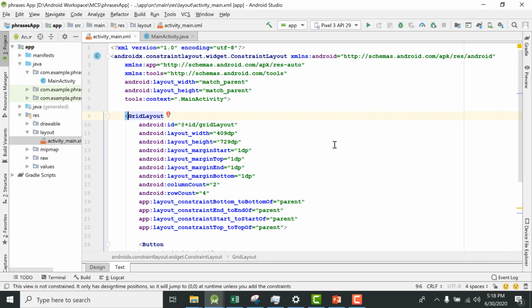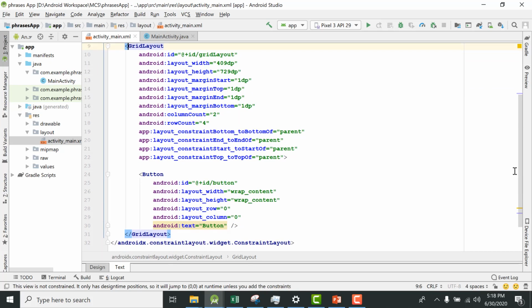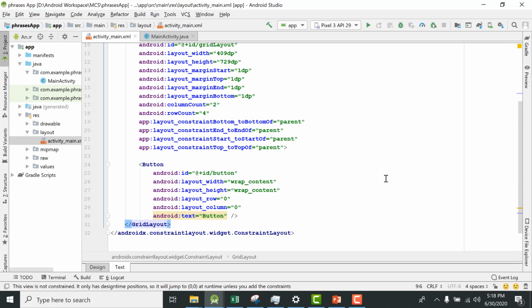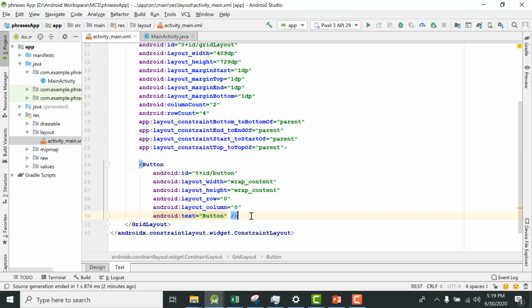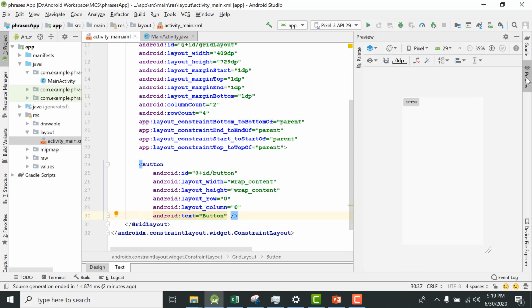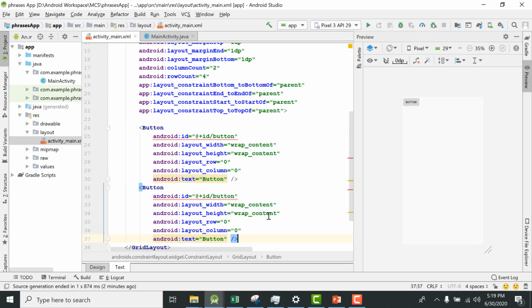Okay, so now that we have added a button, the next thing would be to add another button. So let me copy it. I'm just going to show you how the preview looks when you paste another button inside this grid layout.